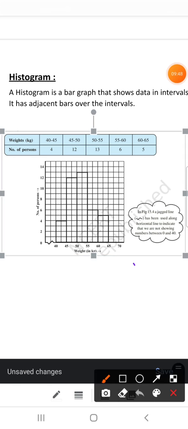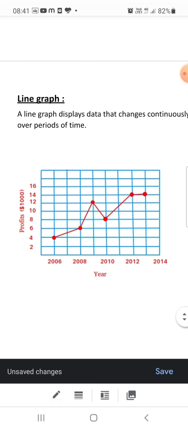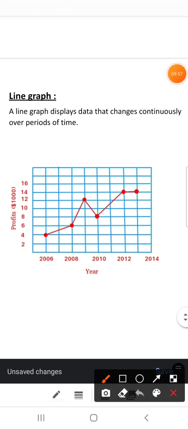Now line graph. As the name depicts, here we have to draw lines on the basis of given data. Now whenever you watch matches or data of the share market and all, you see this kind of graph. A line graph displays data that changes continuously over a period of time. Means it is the given year and profit. In which year how much profit was there? In 2006 the profit was, here it is given